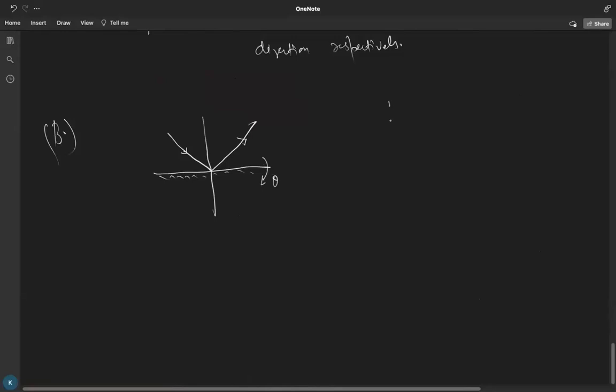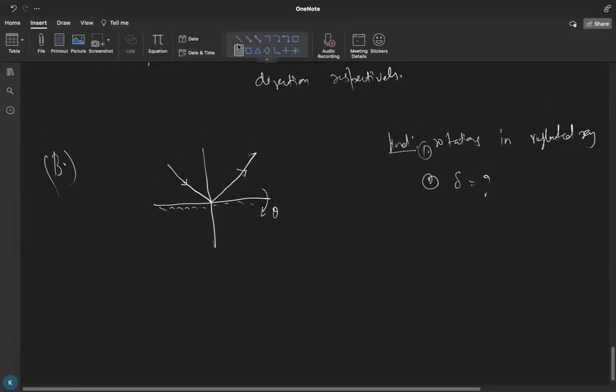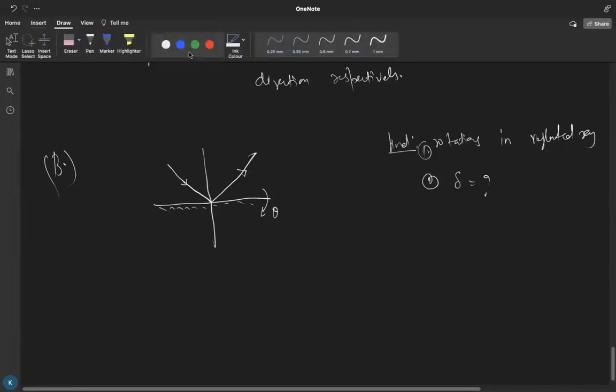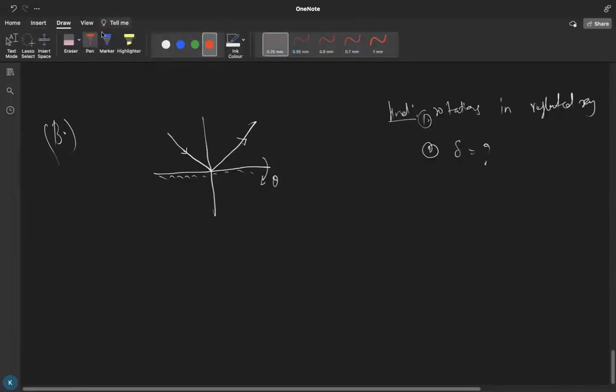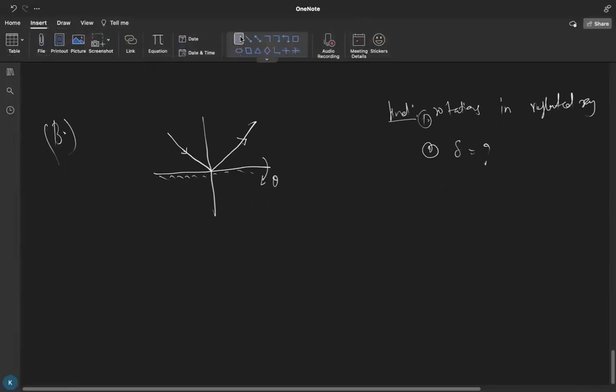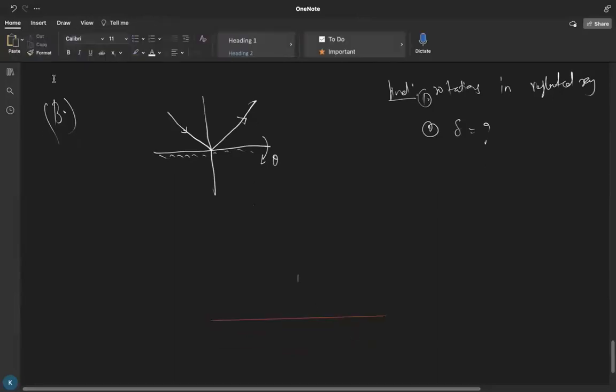Now I have to find the rotations in the reflected ray and the deviations, right? Okay, let me draw it here, because clearly I have to draw. So let me take a simple color and make a clear diagram here. I'm assuming this is our original plane mirror and